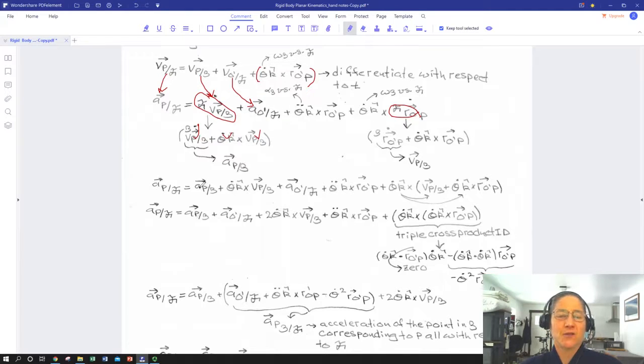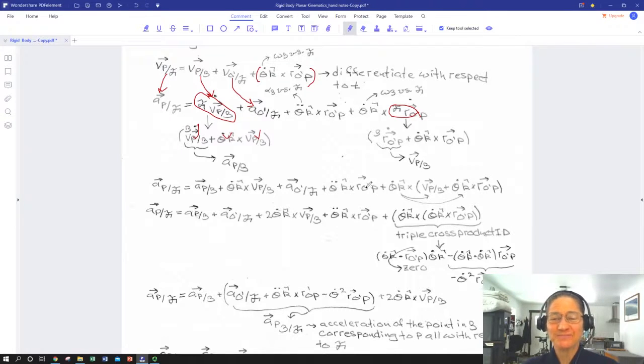So that'll be the acceleration of that same point with respect to our reference frame B, maybe a moving reference frame, plus the angular velocity of our reference frame B with respect to reference frame F crossed into the velocity of that point within reference frame B, plus the translational acceleration of reference frame B with respect to reference frame F, so movement between the reference frames themselves, translational, plus the angular acceleration of reference frame B with respect to reference frame F crossed into the position of our point of interest P with respect to a known point in reference frame B,